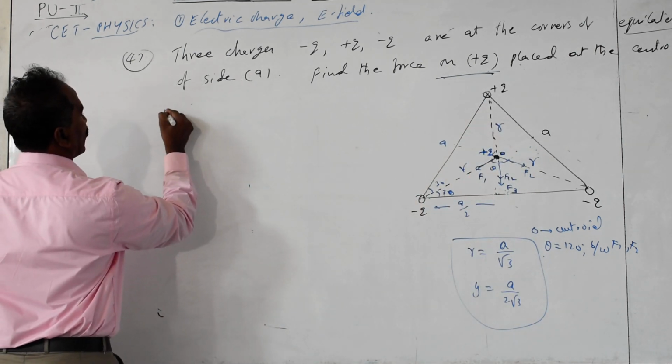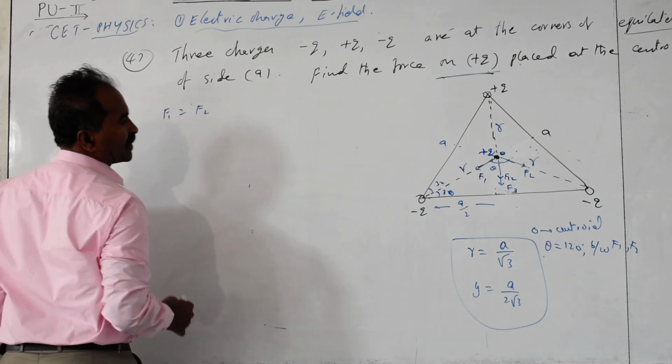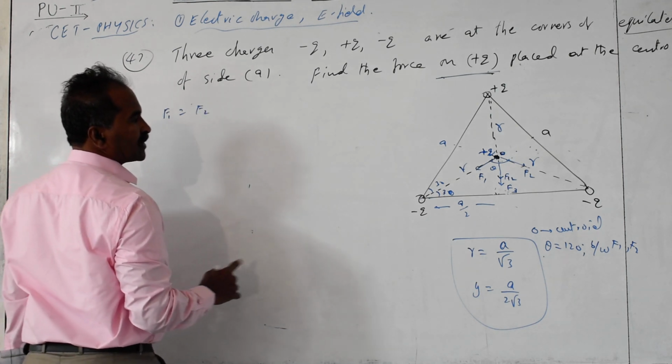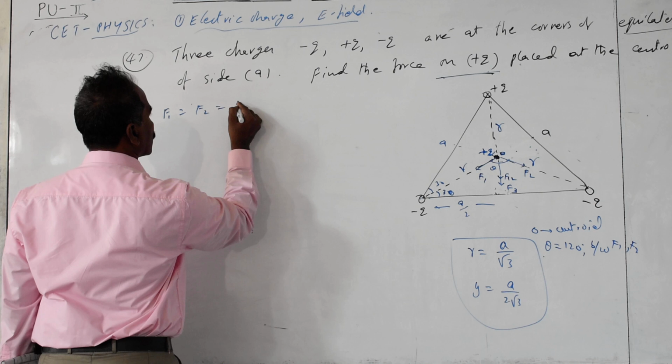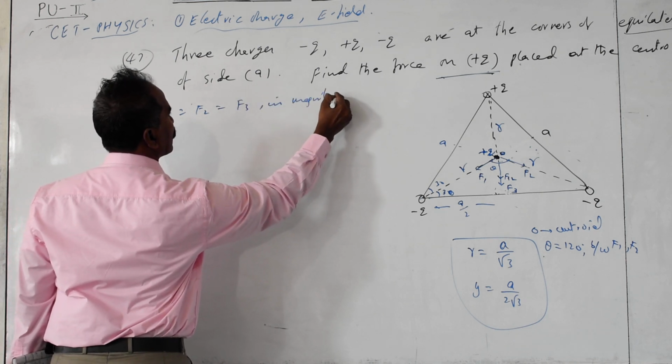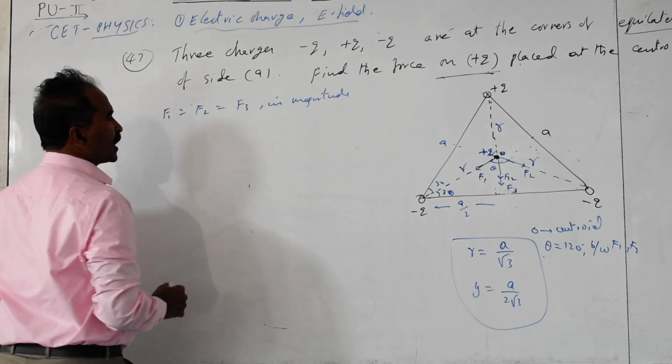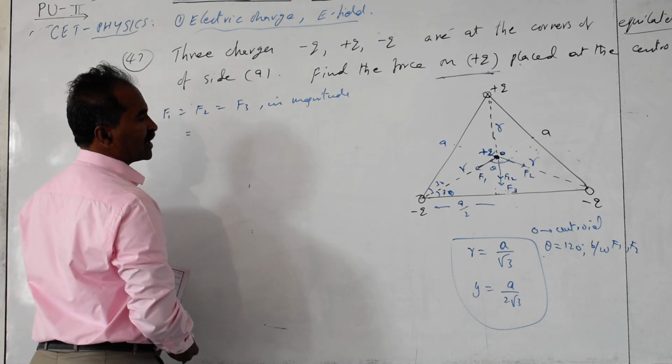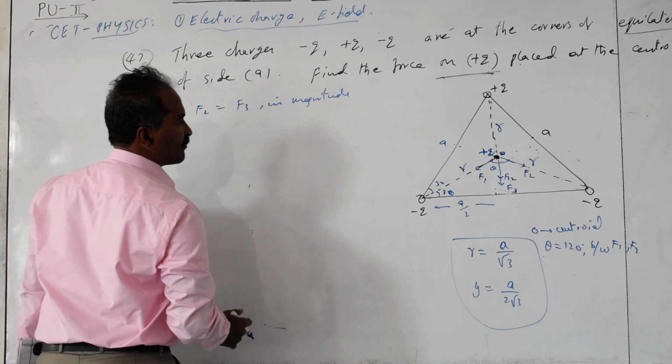Here F1 is equal to F2, one relationship. F1 is equal to F2, which is also equal to F3 in magnitude. And what is that value becomes? Then we can calculate it now. What is the angle between F1 and F2 is